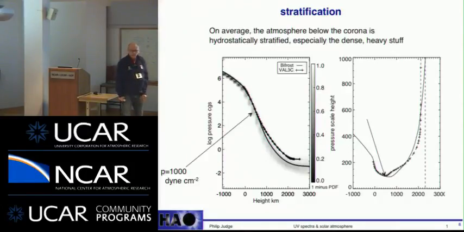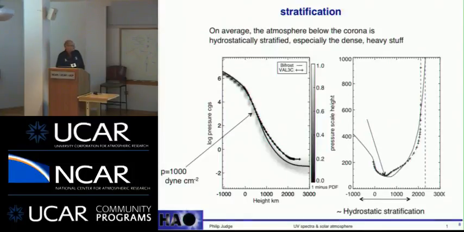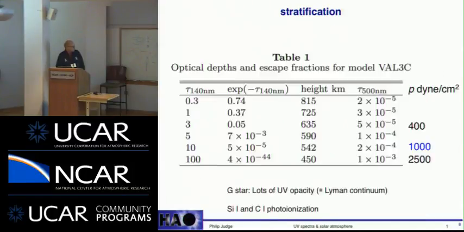This is not very often appreciated. The gravity is so strong in the lower atmosphere that the dynamics can't possibly do very much in those regions. And we don't see a lot of line profiles that are very broad just in the lower chromosphere lines. So it's basically hydrostatic. If you have that kind of stratification, you'll see that below about 600 kilometers